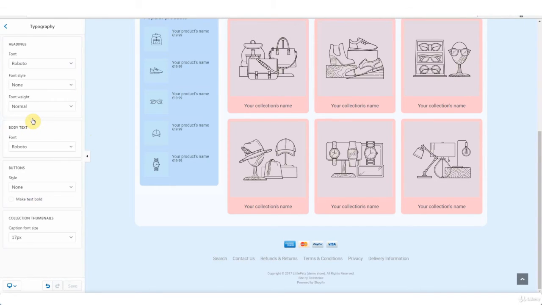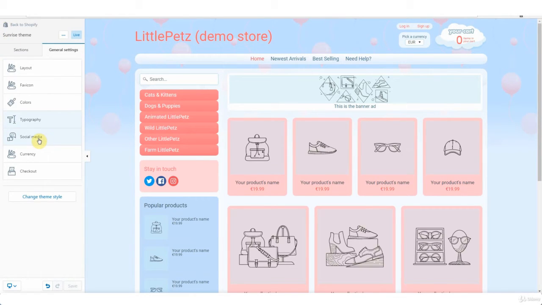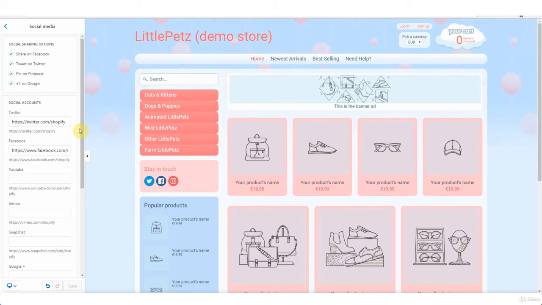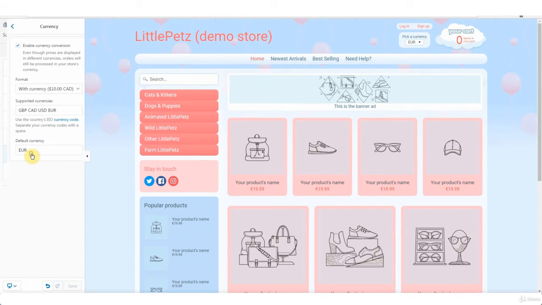Now under typography, this is where you can change the font of your store. So if you don't like the font that's already displayed on your store, you can change it here, choose a different one. And then the style as well, the weight, whether it's bold or not. So you could change that too. If you have social media options, this is where you can enter your different social media accounts if you have any. Now currency,